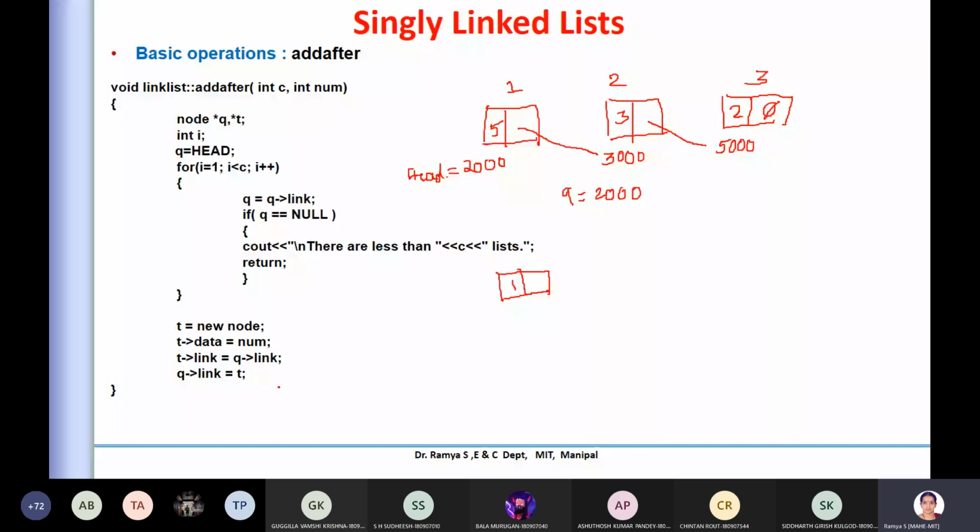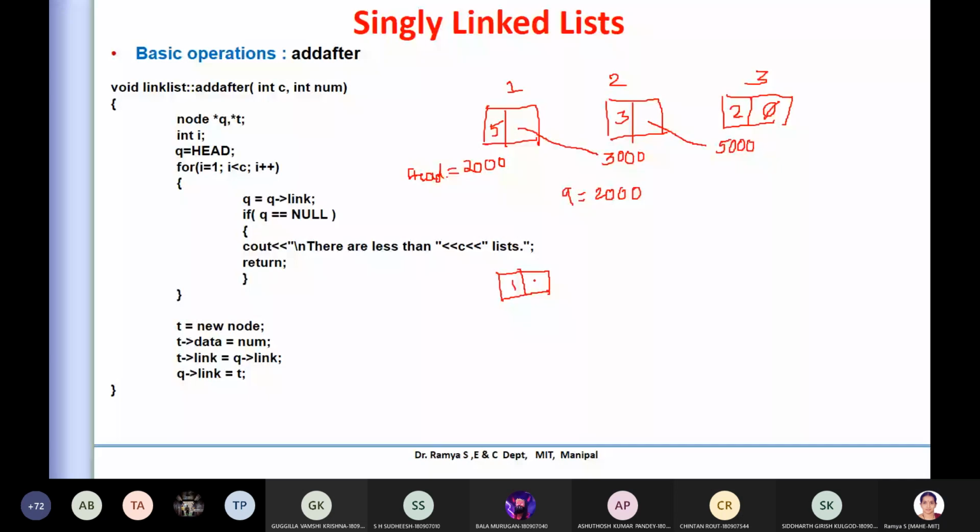Where is this q link now? The q link is nothing but, you see here, it is a head, it's a node here, so its link is here. What has happened here is that it is pointing to 3000. This 3000 is now stored at this point.